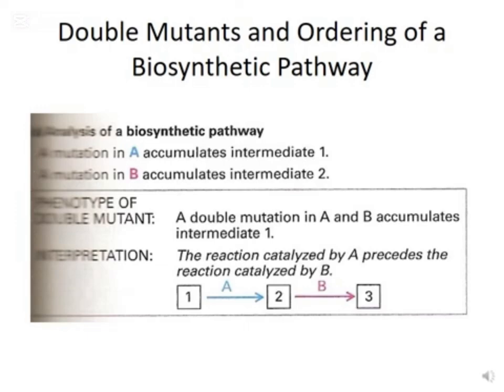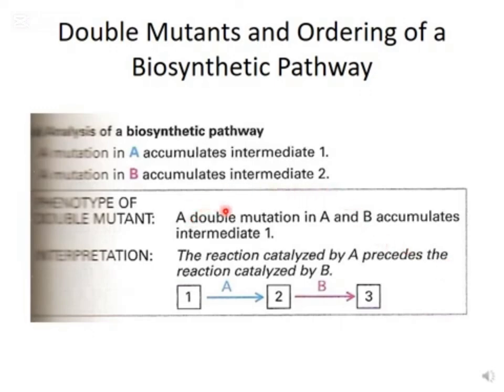So we have, for example, mutations that take place in a biosynthetic pathway, and we talked about some of these pathways when we talked about, for example, protein synthesis or DNA replication, or when we talked in your biochemistry class about the Krebs cycle or whatever. You notice that there is a series of proteins and enzymes that do a certain job. So if there's a mutation in